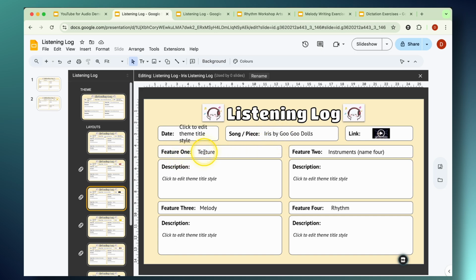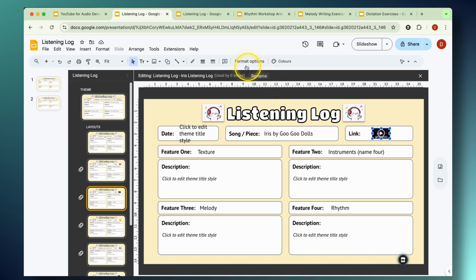Similarly, I've done the same for feature 1. I've put in texture here, the instrument's name 4, and so on. And this gives me the ability to change and focus the lesson plan depending on what we're doing in class that day. The only things that the student can access here are click to edit the date. They have the ability to change their answers by clicking into the text placeholder on the description. And then the other thing that they can't manipulate, other than hearing it play back in presentation mode, is this